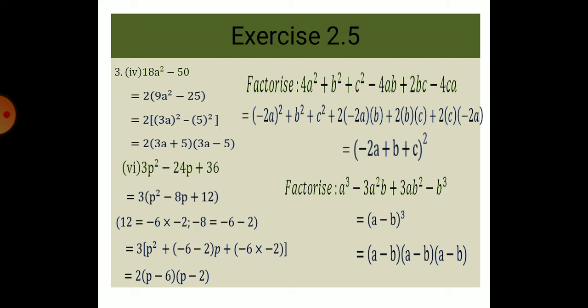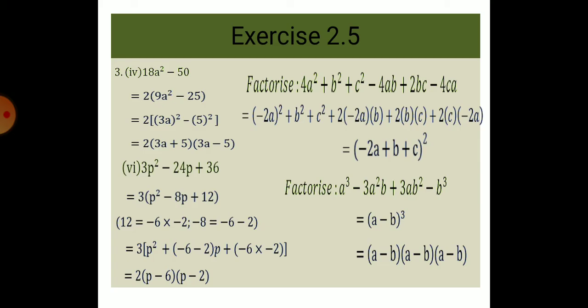So when there is a negative sign, first of all you have to analyze from the question which term is negative. Then we write it in the form of minus 2a square plus b square plus c square plus 2 of, now we have understood from the first three terms what is a, what is b and what is c. So instead of plus 2ab, we write 2 into minus 2a into b. When we multiply this, we get minus 4ab. Yes, it is there in the question.